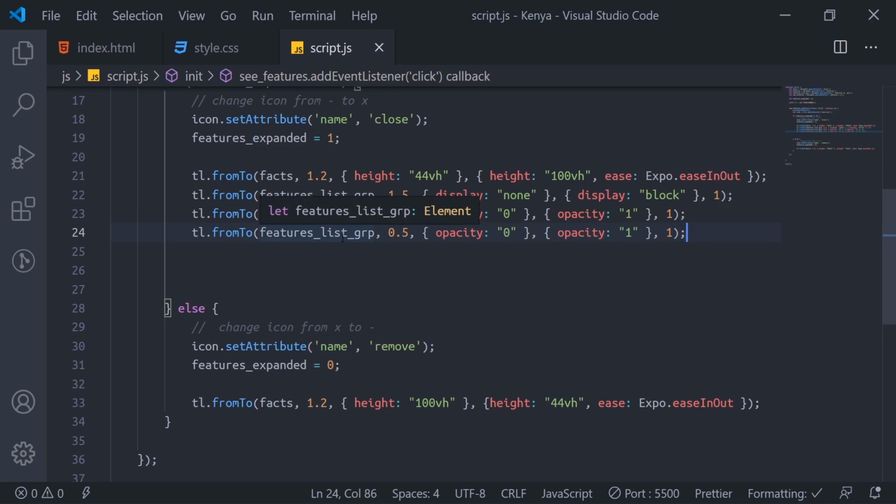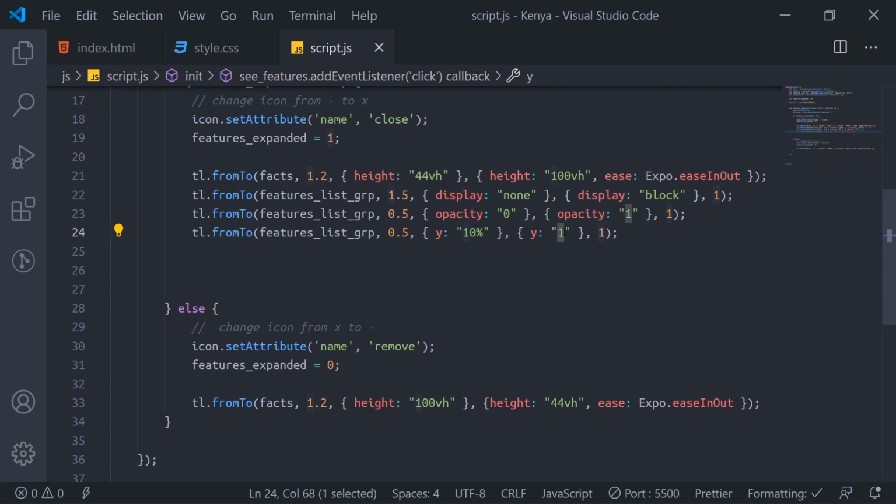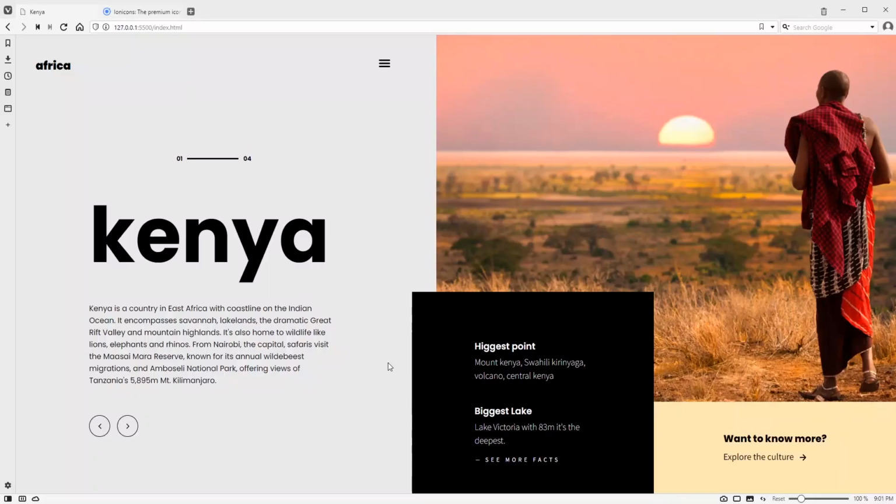So for this one, we'll change here to Y. That means they come from the bottom. We change it to Y. Then we'll set here to 10%, so we start from 10%. Then we slide enter 0%. Let's change this one to 3, so this one goes faster, the second to this one, then the last to this one. But no, voila, we'll just run it and we'll see.